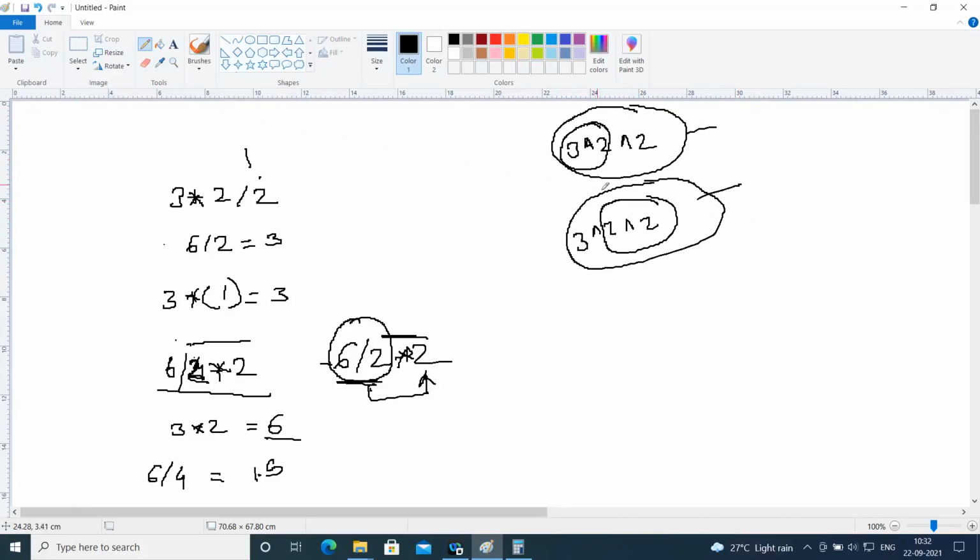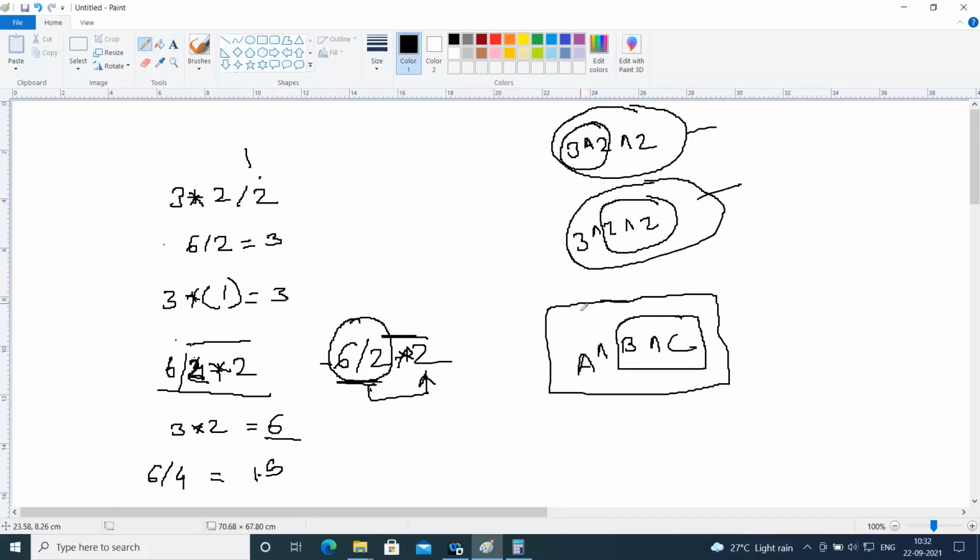So whenever you see an exponential operation, the order is from right to left. If I have a raised to b and then b raised to c, this is the expression that we have. In that case, you should evaluate the right part first, and then the left part. So take the exponential of b in terms of c, and then that value, those many times you have to take the exponential of a. So in the case of exponential, make sure that the association is from right to left, whereas with multiplication, the association is from left to right. We have to follow this order.